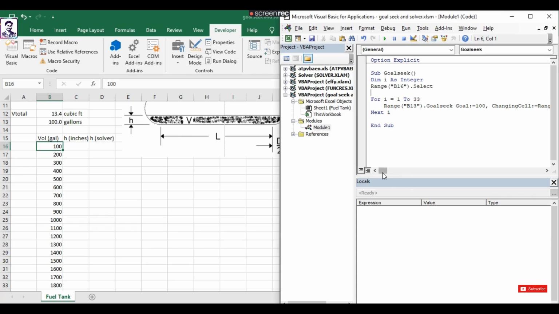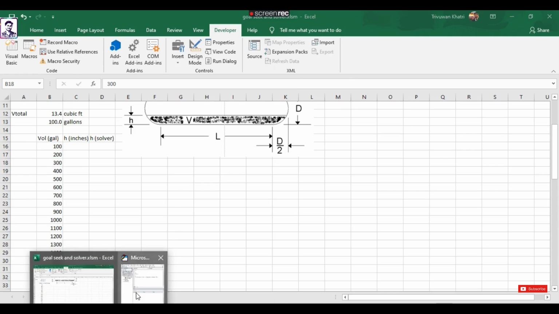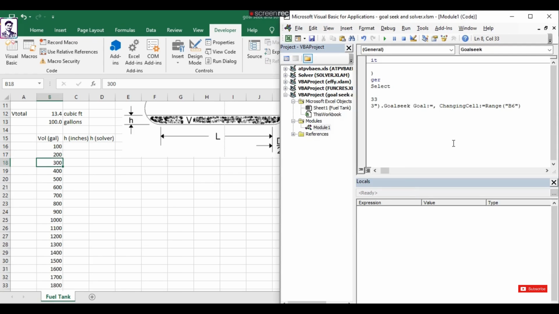Now we don't want this goalseek to perform its activity only for the value of 100. Rather, we want it from 100 to 3300. So to change this selection for each round of iterations, we need to make a little modification in our code, like